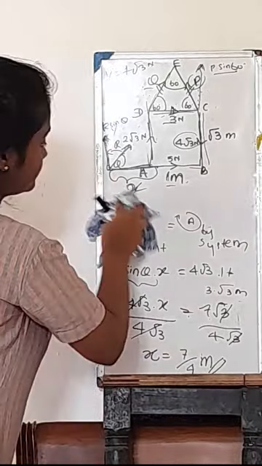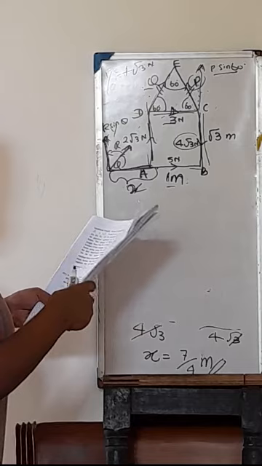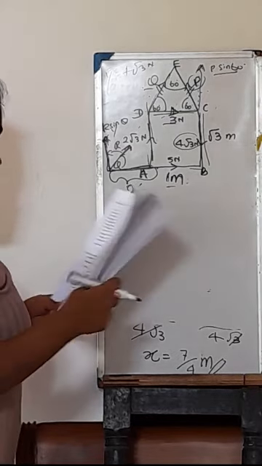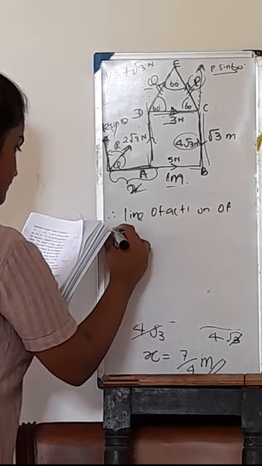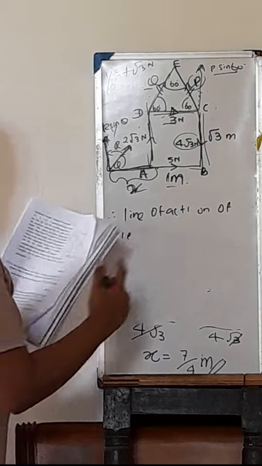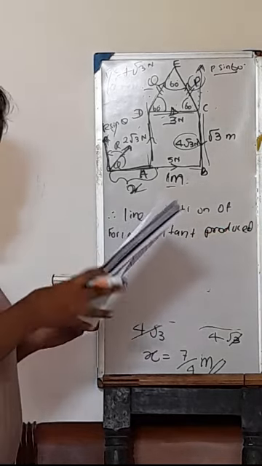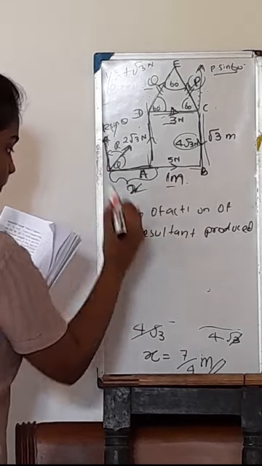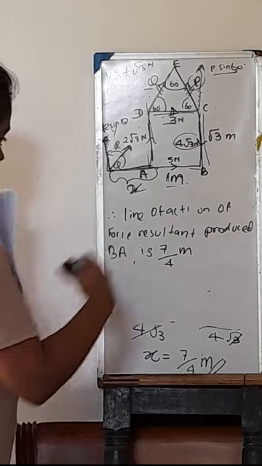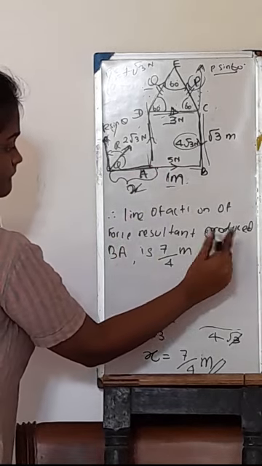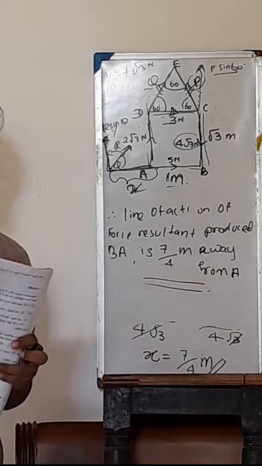Okay, after finding that x is equal to 7 over 4 meters, you have to write, therefore, line of action of force of resultant produced BA, this line is producing BA, produced BA is 7 over 4 meters, 7 over 4 meters away from it. From here, the answer is finished. So this